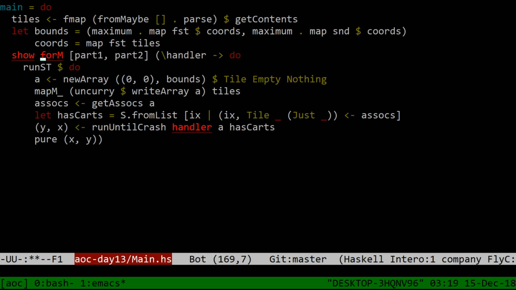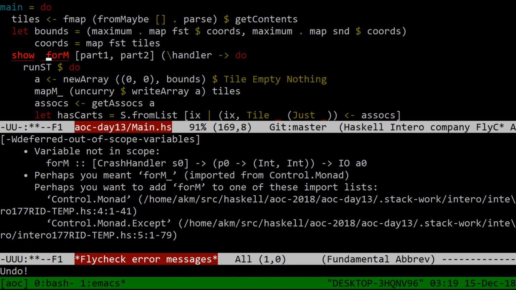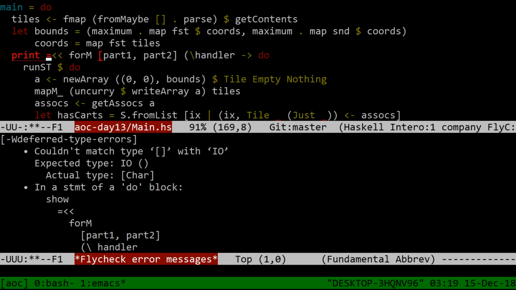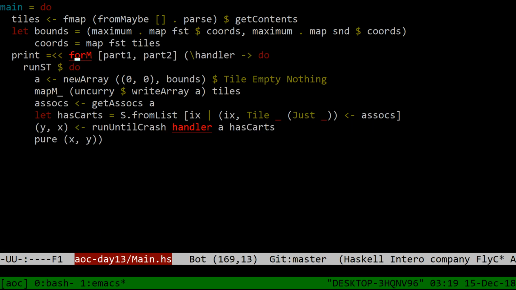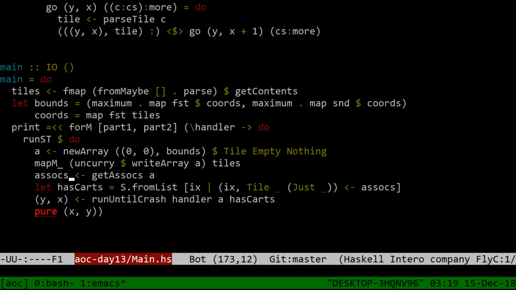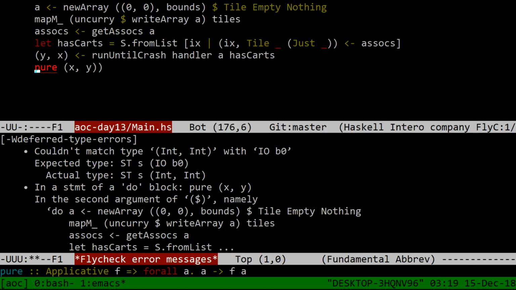Oh, actually it should be... this is dumb. I actually wanted print anyway, right? And I want this for him. Really, I just... Wait, why are you... Oh,